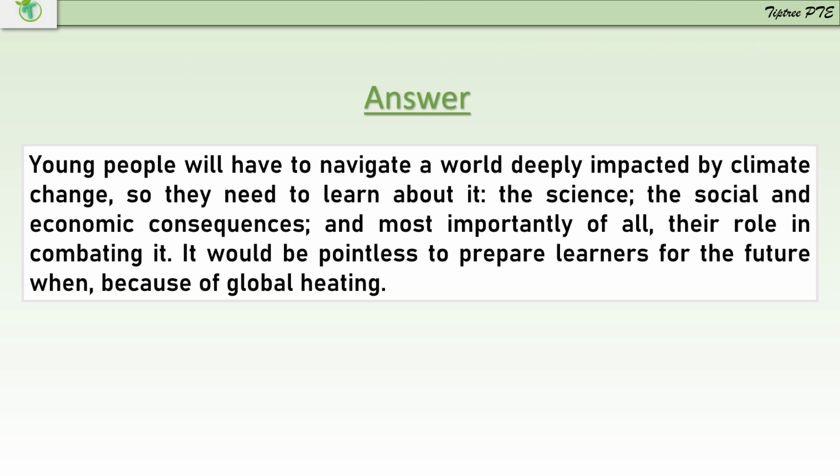Young people will have to navigate a world deeply impacted by climate change, so they need to learn about it: the science, the social and economic consequences, and most importantly of all, their role in combating it. It would be pointless to prepare learners for the future when, because of global heating,